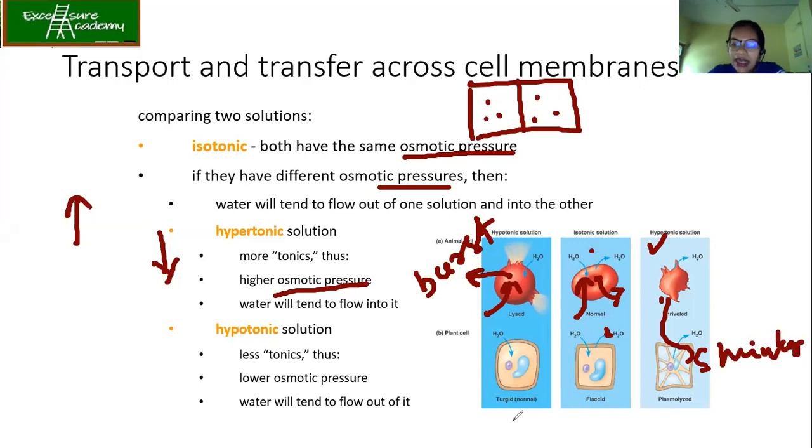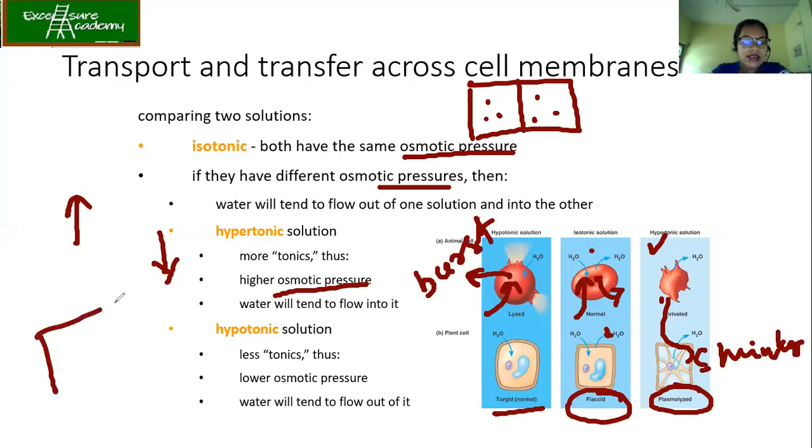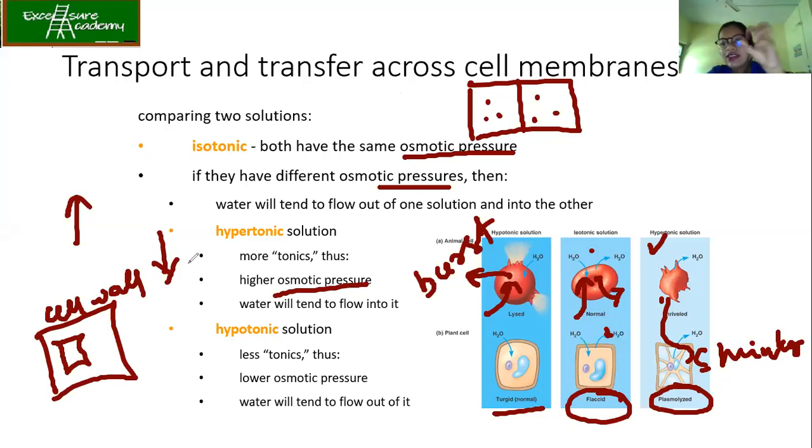Now, in the case of plant, it is called turgid when the hypotonic condition is there, flaccid, and plasmolyzed. So you can see that the cell membrane shrinks, leaving the cell wall. Okay, if you see the figure over here, you can see that there is a cell. This is the cell wall of the plant, and the membrane will start shrinking. Okay. So what is happening? The cell membrane of the plant will leave the cell wall and shrink. So this is what is happening in the isotonic, hypertonic and hypotonic condition.